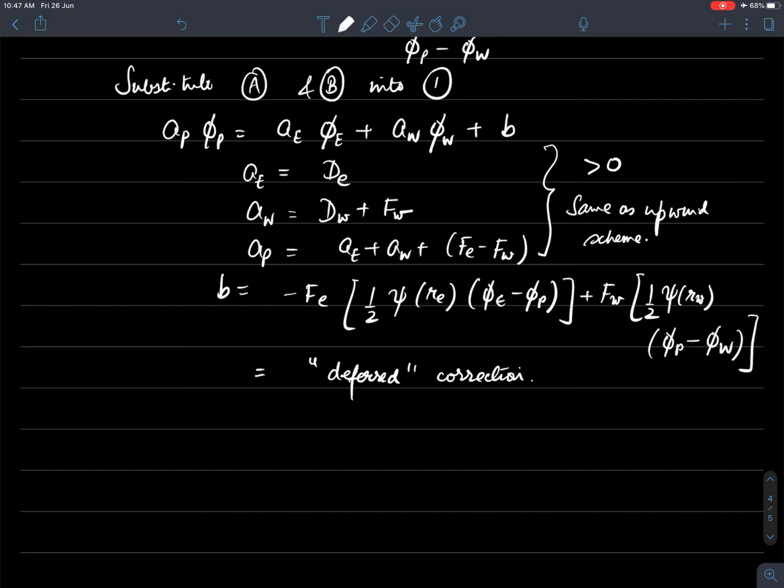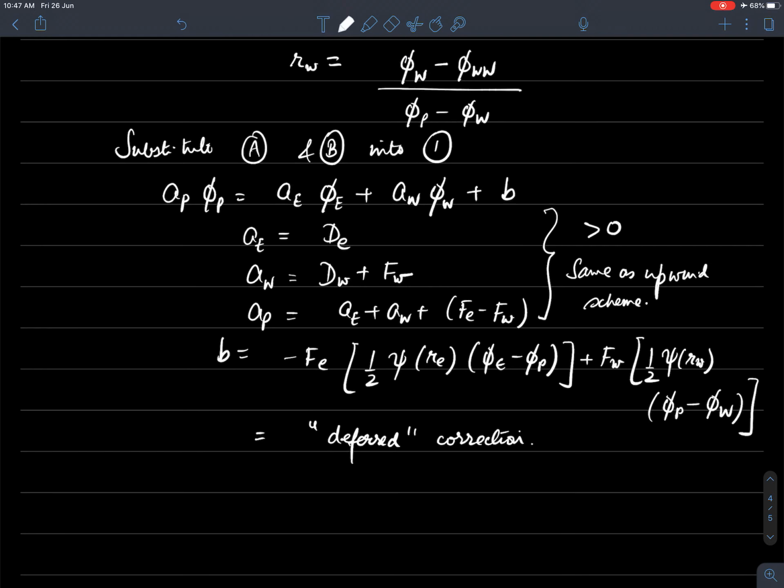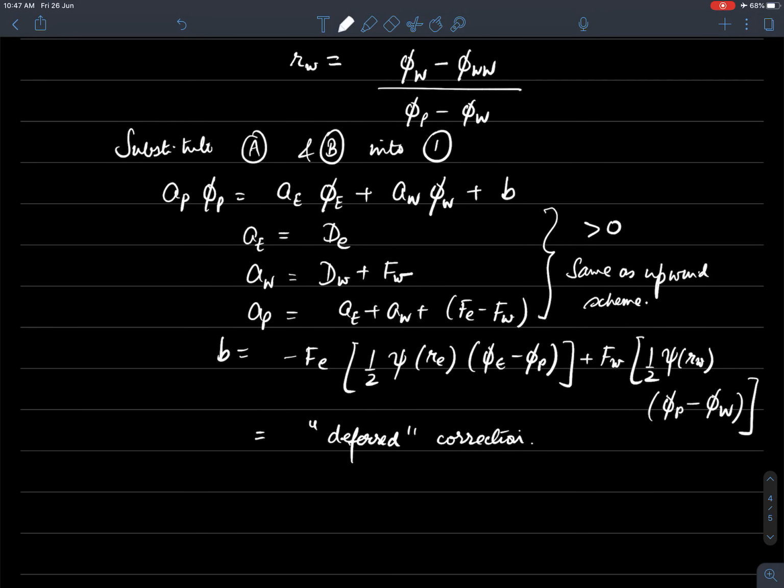A similar equation can also be written in the case the flow was in the opposite direction. That is, if u_e and u_w were negative, even there you can write the discretization equation. So this is what the total variation diminishing scheme actually is. In a sense, these schemes are generalizations of other discretization schemes. As I've shown you in the early part of this lecture, psi 0 becomes upwind, psi 1 becomes central differencing, and we could also modify psi to the QUICK scheme.